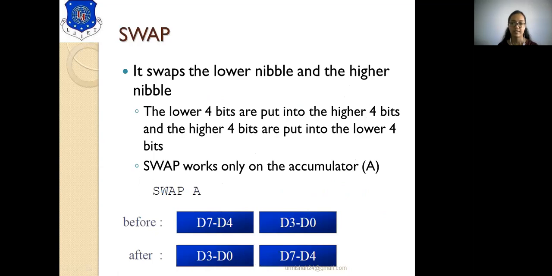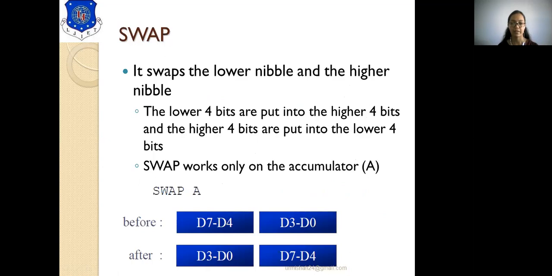The next instruction is the swap instruction. What will the swap instruction do? It will exchange the lower and higher nibbles. The lower 4 bits are put into the higher 4 bits and the higher 4 bits are put into the lower 4 bits.